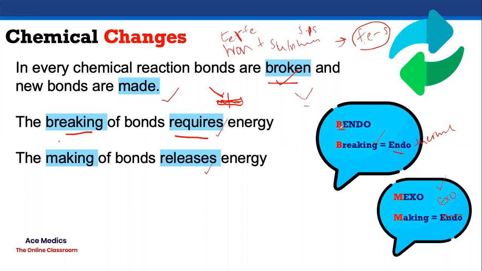So the way you can remember that is by endo, bendo, so they both have B. Okay, so B is for breaking, so bendo, B, and breaking, B. So you know that's an endothermic reaction. And making, okay, so you think exo sounds similar to mexo. Mexo has an M, making has an M. So making bonds is exothermic, and breaking bonds is an endothermic reaction. Okay,